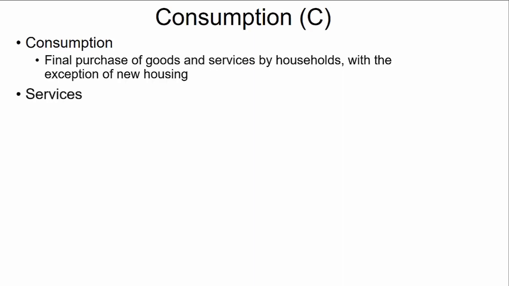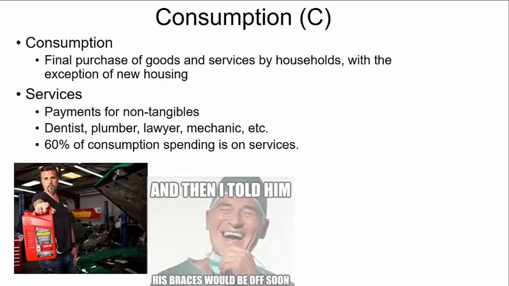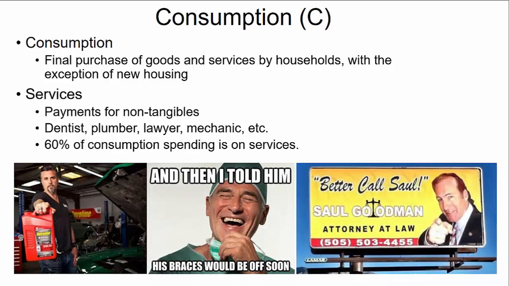The third category is spending on services. So this is payments for non-tangible things that you buy but you can't hold. So when you get your car worked on, you go to the orthodontist, you hire an attorney, those are all consumption spending on services. And this is kind of interesting, but most of our spending is on services. The reason for that is that our society tends to pay people to do things for us because our time is valuable. So we don't produce our own goods and services as much as